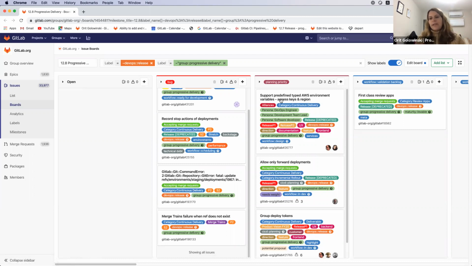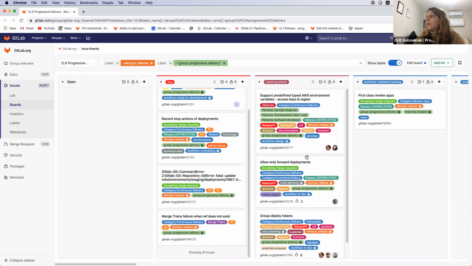We started in the last release by deploying the first AWS compatible container image that's managed by GitLab, and this is a continuation. We're going to see in the next few releases also some more building blocks related to AWS deployment. And this one lets you predefine these environments under the CI/CD variables, and you can basically just select AWS and you'll have an option to choose these values from a predefined list. So this is the first issue.